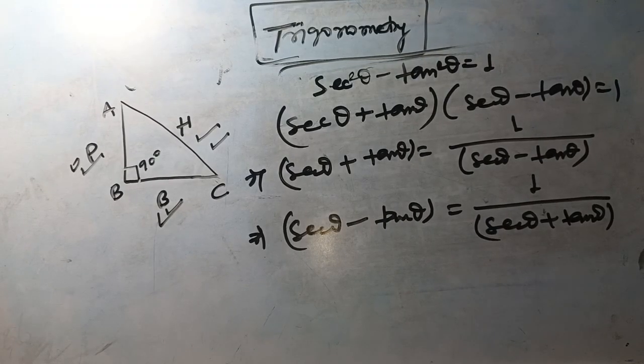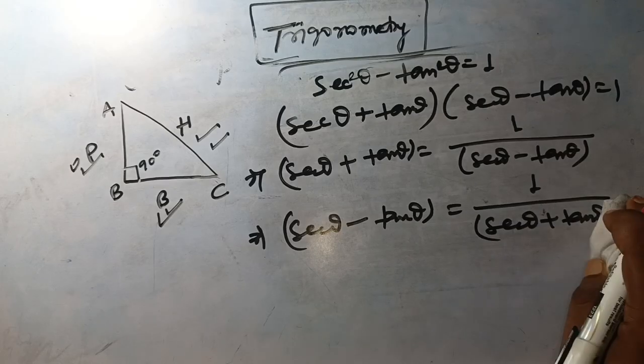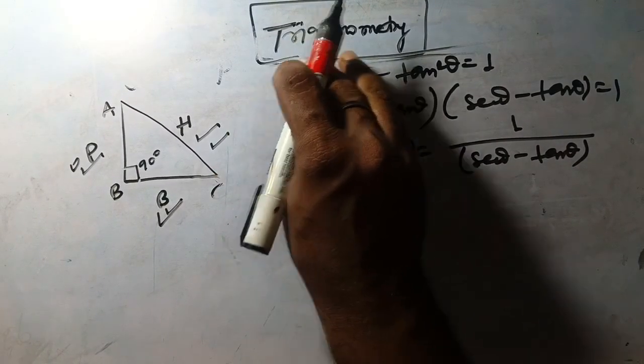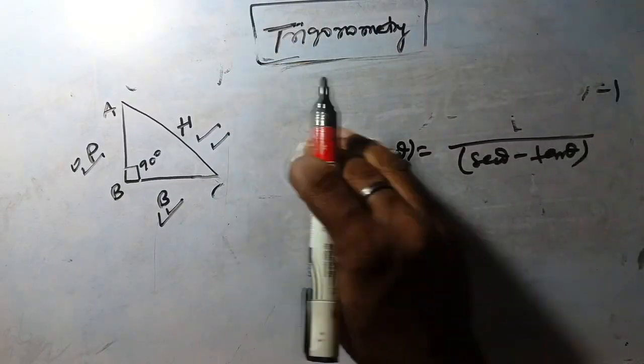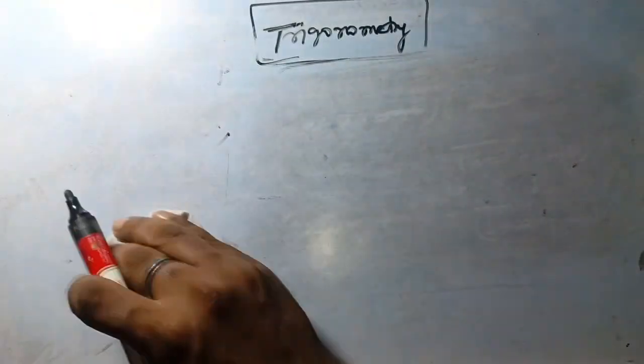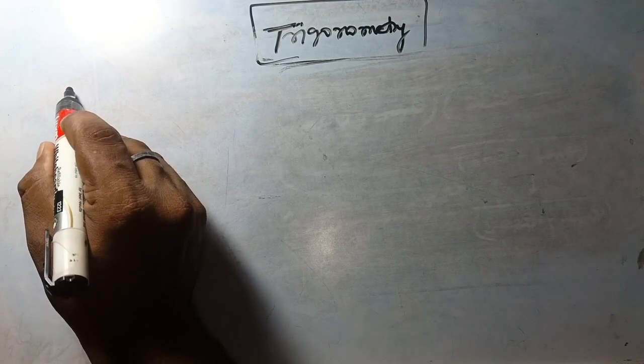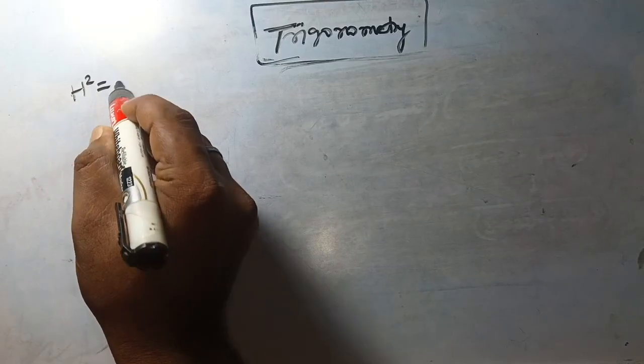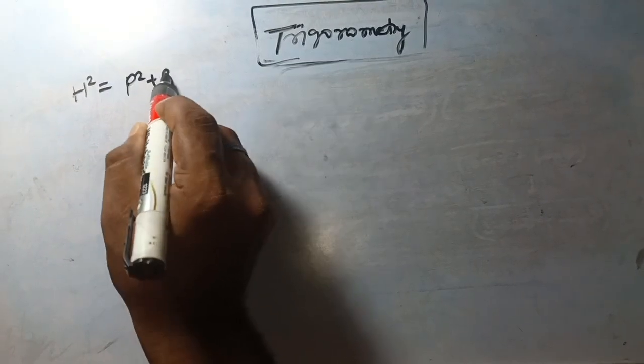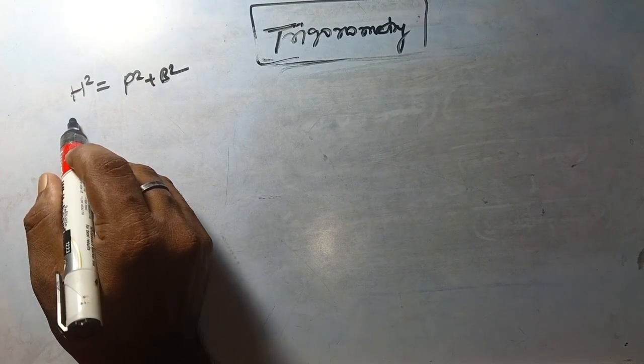So these are the formulas of basic trigonometry that we have to remember to solve the problems of basic trigonometry. So I want you to remember all these formulas, and let's revise all the concepts at once. So we have talked about hypotenuse square is equal to perpendicular square plus base square, and from here we get